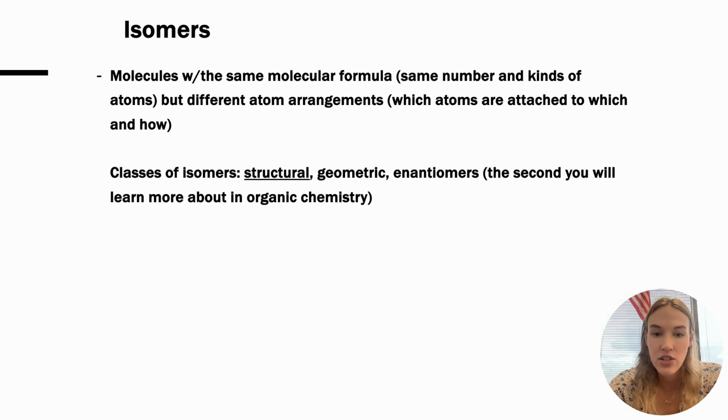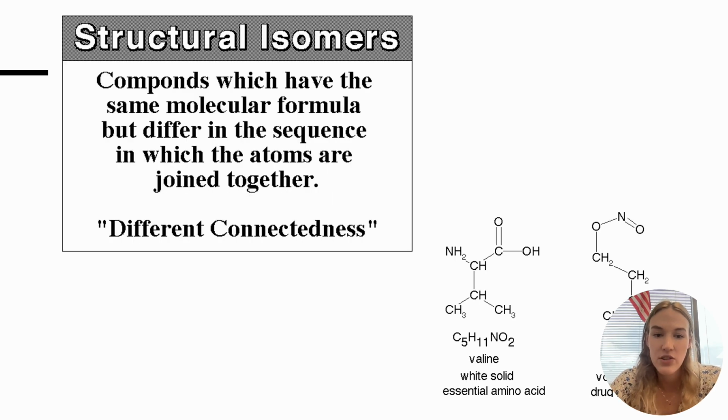And so that's when we started talking about isomers. Isomers can have lots of different types, which you will talk about in organic chemistry if you go and take it. But for our purposes, we focused on structural isomers, which are going to be those isomers that have the same elements in the same amount, but different connectedness. So we looked here at 2 different